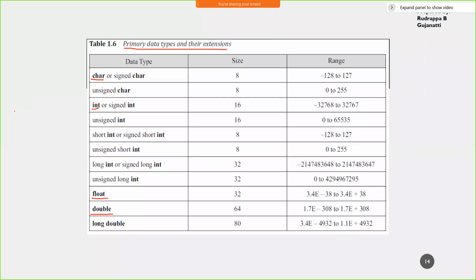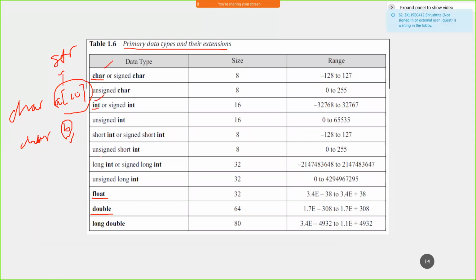If I have to define a string, I have to make use of char and specify something like this. If I declare char b, this is just a single character. This one is an array of characters, which we call a string. So these are the primary data types: character, integer, float, and double.